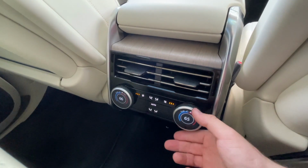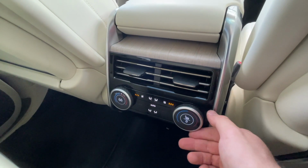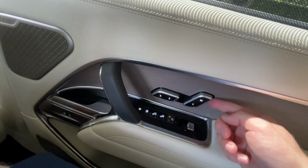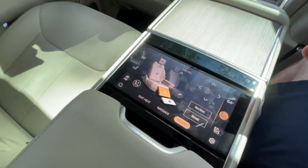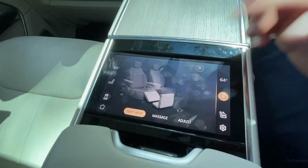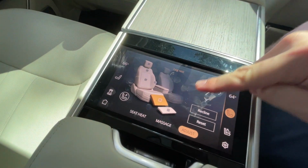I can control my heated and ventilated seats here on these little dials just like I can up front. I can also adjust the seats here on the door just like I would the front seats. Or the coolest way that you can do it is here on the touchscreen. So I can adjust the seat heat, I can adjust my seat massage, and I can also play around with